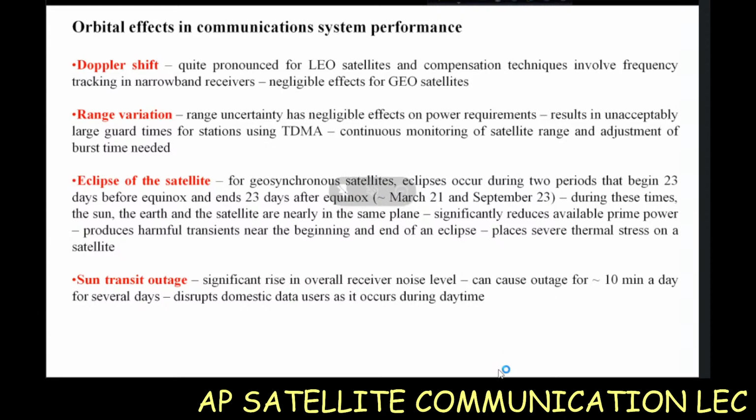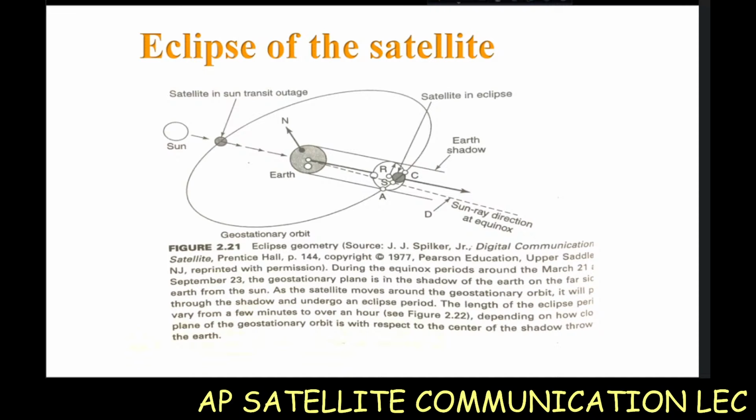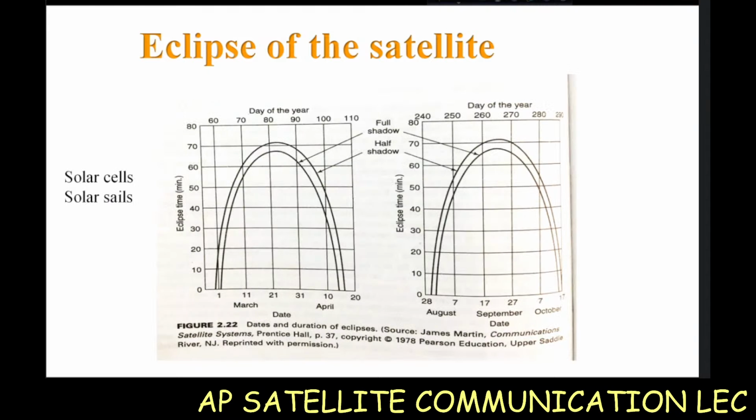And then about the eclipse of the satellite, we had seen that that kind of scenario happens only when the sun, earth, and the satellite all lie in the same plane along the same line. Under that kind of situation, you have the earth blocking the direct solar radiation from reaching the satellite. Now, whatever may be the category of the satellite, whether low Earth orbiting, medium Earth orbiting, or geostationary, the primary source of energy on board a satellite is solar radiation, solar energy converted to electrical energy. So during this period of time, which may last even up to say 70 minutes or so,